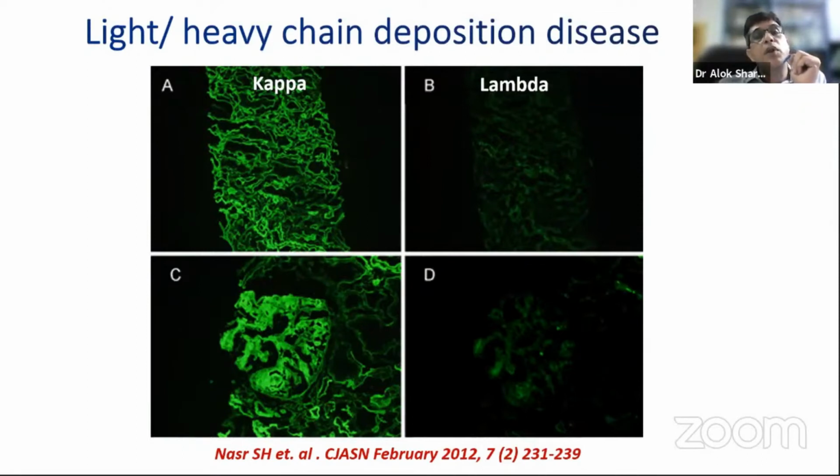On the same corollary, you can have a heavy chain deposition disease also, where you get most commonly IgG, and usually you will not get any kappa or lambda. If you get IgG and kappa or lambda, you can have a mixed heavy and light chain deposition. So this all depends on what is the clone which is circulating, which is giving rise to these light and heavy chains. You can have various combinations, which most of the time you can easily pick up on a careful IF examination.